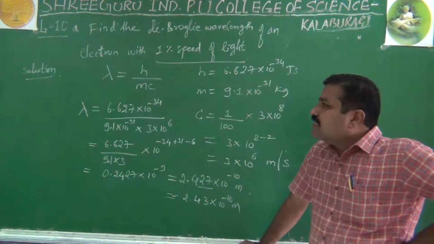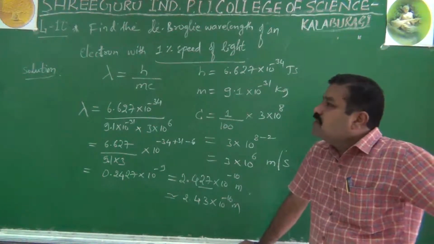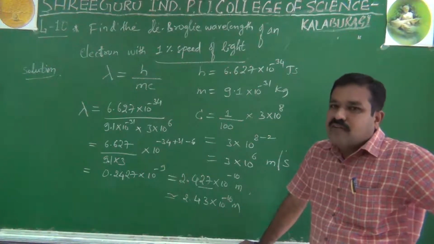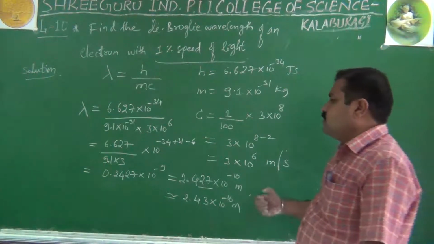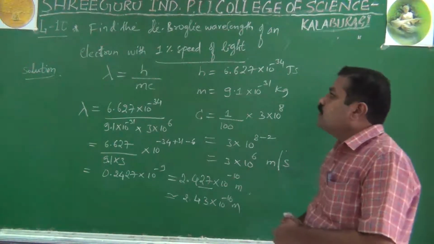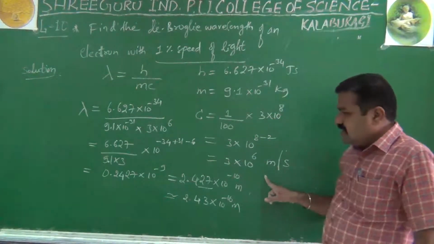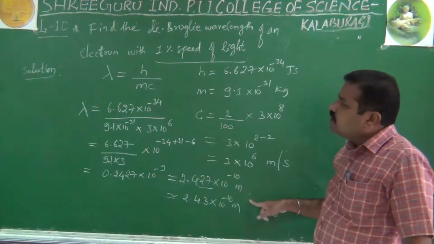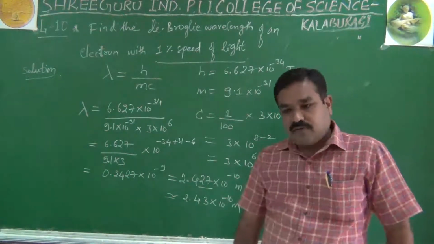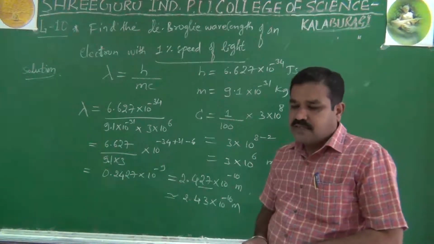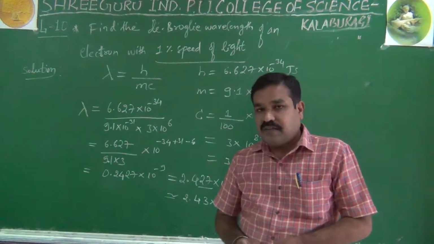Now next, I also told you another two varieties. Just now we have solved how to calculate frequency when wavelength is given for radiations, and lastly another variety on de Broglie wavelength. If they give it in terms of percentage of the speed of light, then accordingly substitute and get the result. So this is the last; today we will stop here, and tomorrow we will continue with numericals only, especially on Heisenberg uncertainty principle.